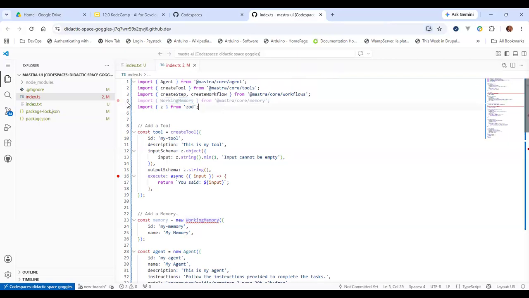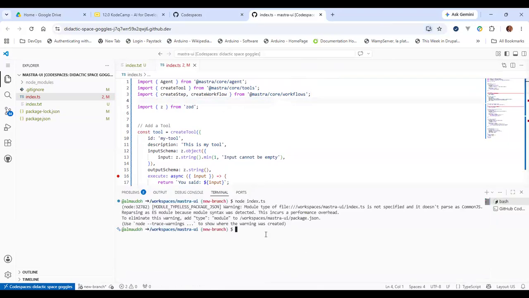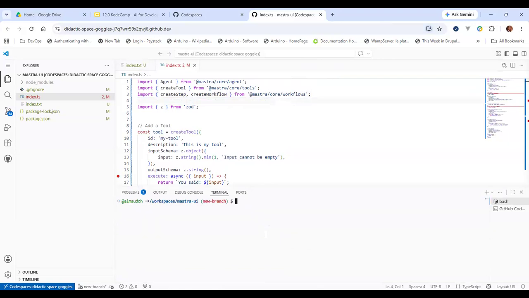So what I have seen is that they have moved the memory. Each memory is moved to a separate library. So the SQL memory I was talking about is libSQL memory, and it is now in a separate package, Mastra libSQL.